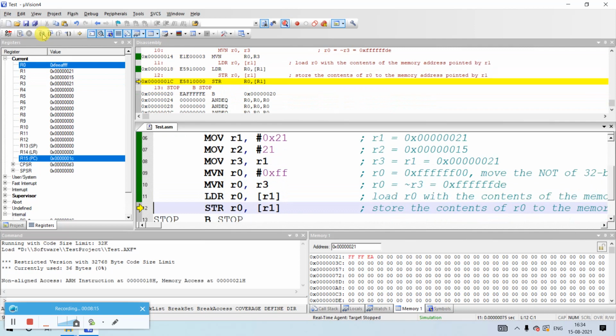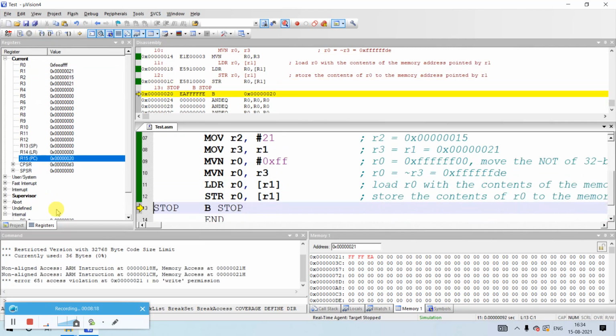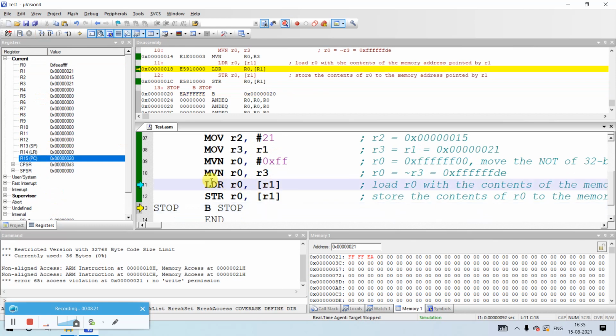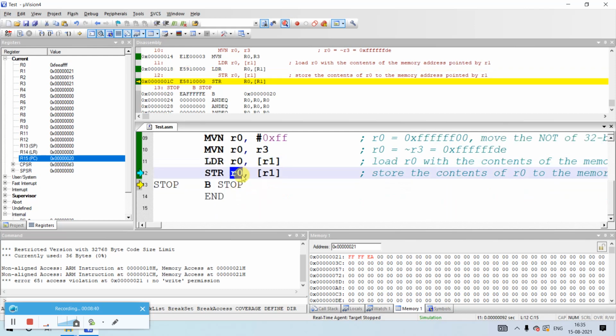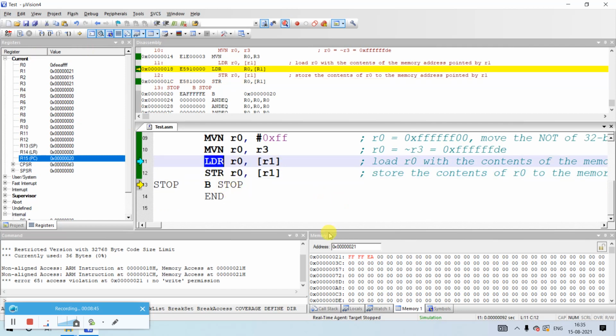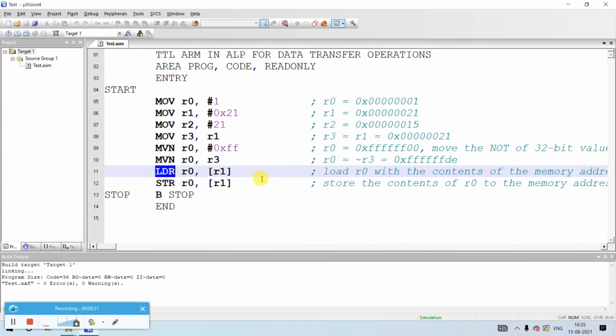And you're loading and storing. That is going to use some of the registers. So when you use the LDR R0, R1, that means you're loading the data from the memory to the register. So you're loading the data which is pointed to by R1, the content of that R1. Content of R1 will have the address, and the data is stored in memory, which you're going to load into register R0. Similarly, R0 data, you can also send it back to the memory using the STR instruction. So this is how we are going to debug the programs here. Fine. Now let us proceed with the program.